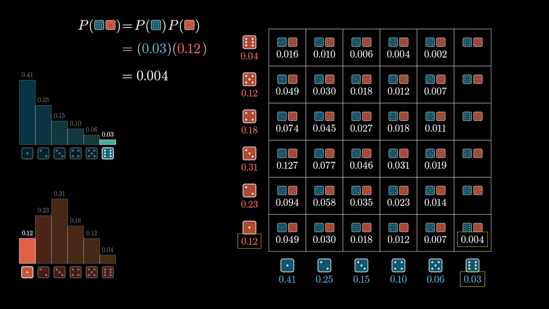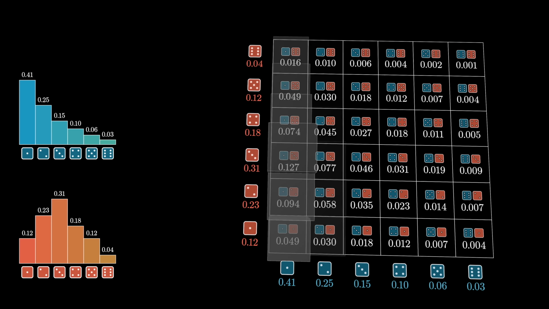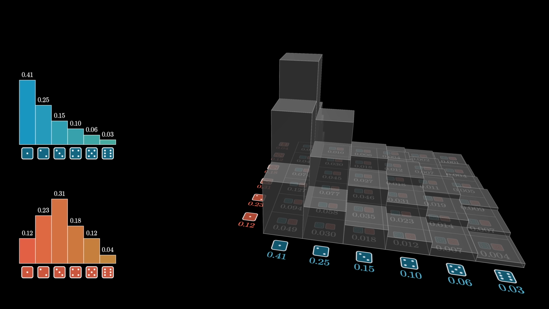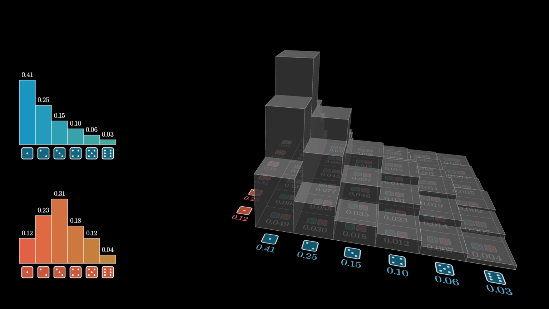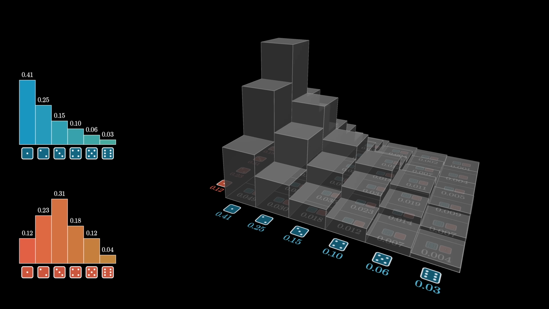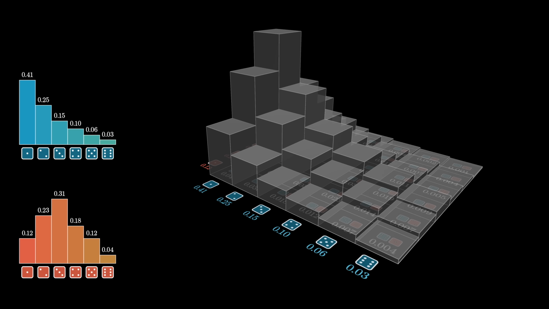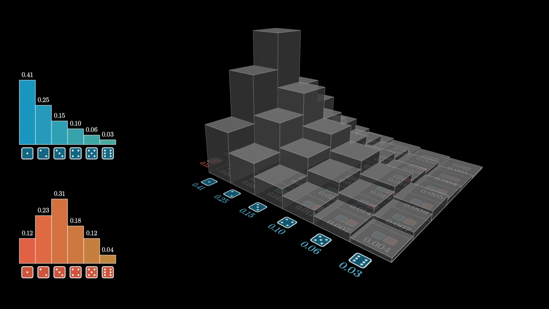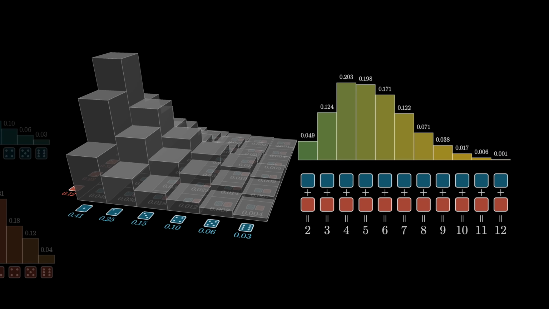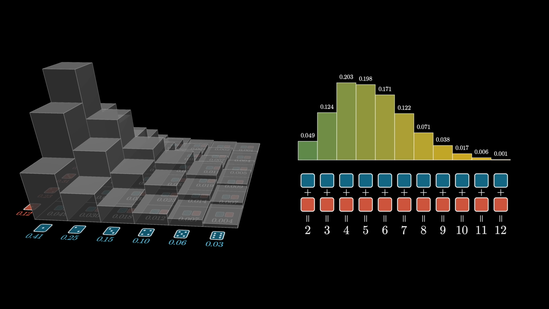To be a little more visual about all of this, we could plot each one of these probabilities as the height of a bar above the square in this sort of three-dimensional plot. In some sense, this three-dimensional plot carries all the data that we would need to know about rolling a pair of dice. And so the question is, how do we extract the thing that we want to know, the probabilities